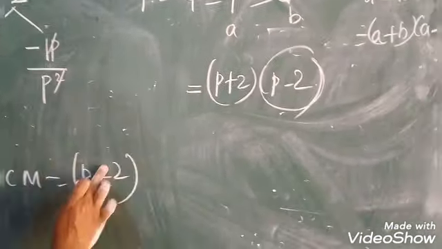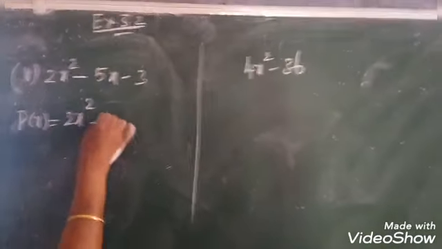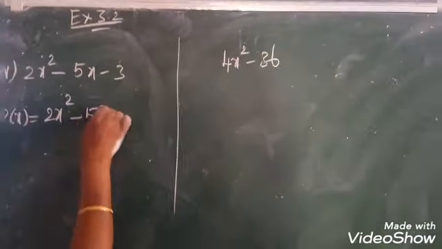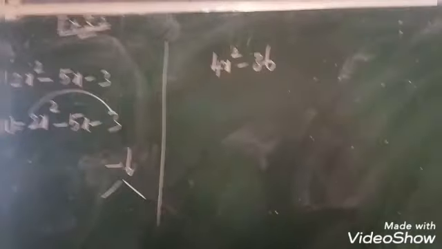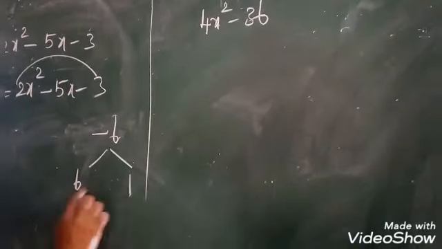See girls, the fifth sum, two polynomials are given. One is a quadratic equation, another one also. Okay girls, first let us take p of x or q of x, anyone. Otherwise you can directly find it out. No problem. If you multiply minus 2 into 3, what are the factors here? Multiply to minus 6, and the same numbers add to minus 5. What are the factors, girls? Here how do you write? 6 and 1, 6 minus 1 is 5. Where do we put the minus, girls? Yes, for minus 5, the biggest number should be minus.